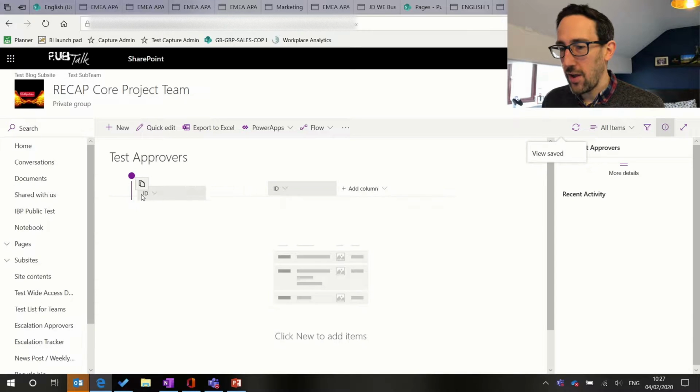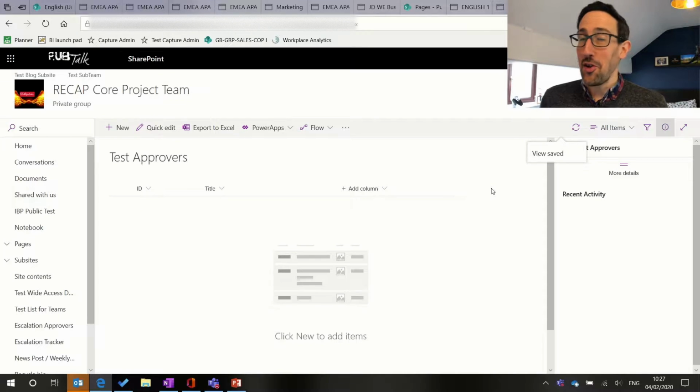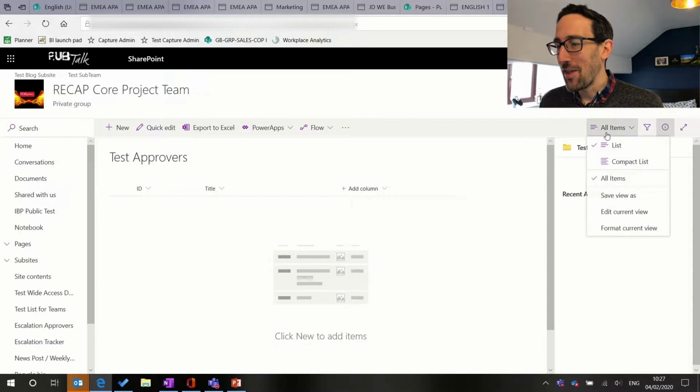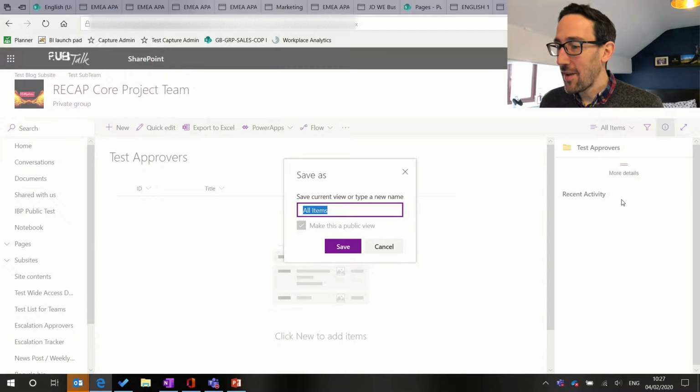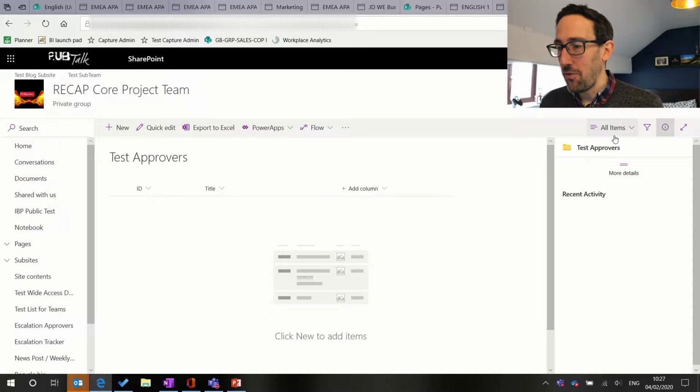If we drag that over, I kind of want it to be at the front, and it looks like it's saved our view, which didn't used to do actually, so I'm not sure if that's brand new today, but usually you have to click all items, save view as, keep it the same name and click save. It seems to have saved what we've done already, because, very frustrating, it usually doesn't save what you've done straight away, and if you drag it around and then leave the page and come back, it's forgotten what sort of view you set up. So we want ID, we want title,